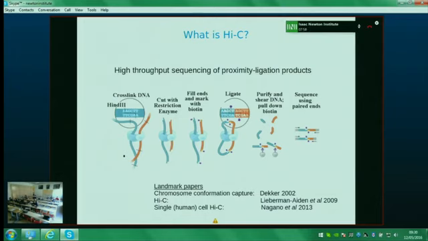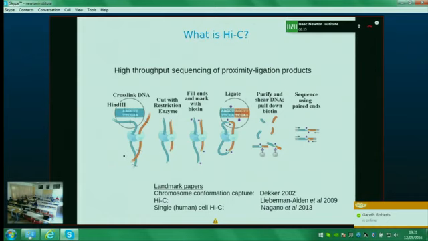We then fill those single-stranded overhangs with biotinylated nucleotides, and then do what's called a proximity ligation. And the proximity ligation in these very dilute conditions favors the ligation of free strands that are bound up in the same protein complex. And so what this creates then is this covalently bound complex that we can sequence basically after purifying those ligation junctions. And the data contains essentially a map of which bits of DNA were in close physical proximity at the time